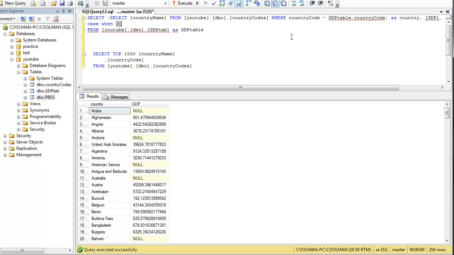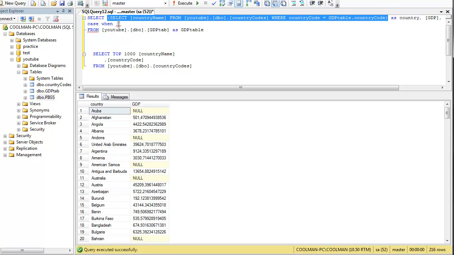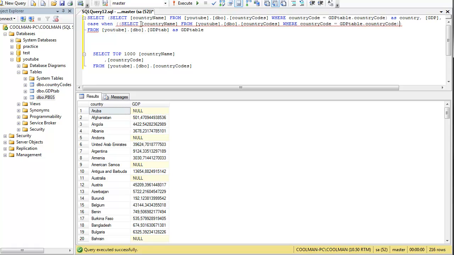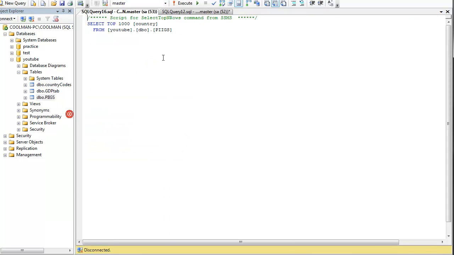Okay, case when we select the country name like this one, and it's included in this table,